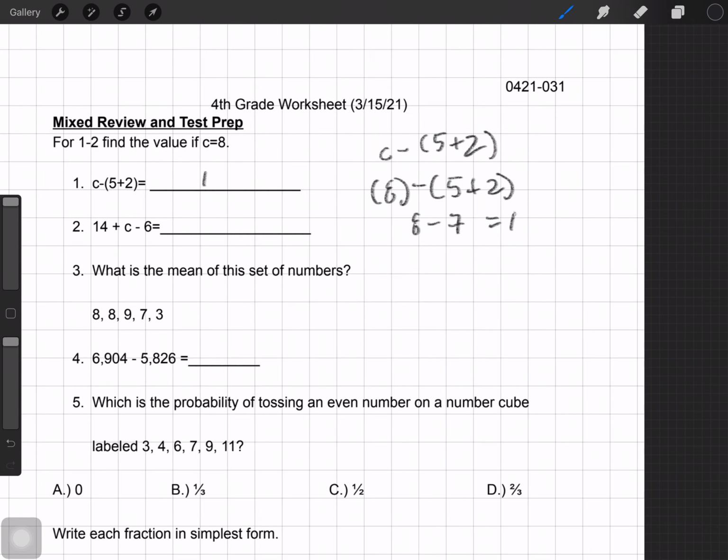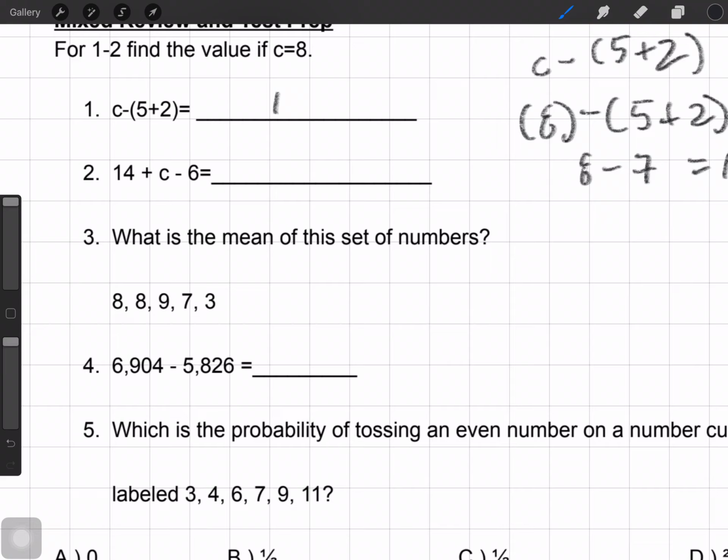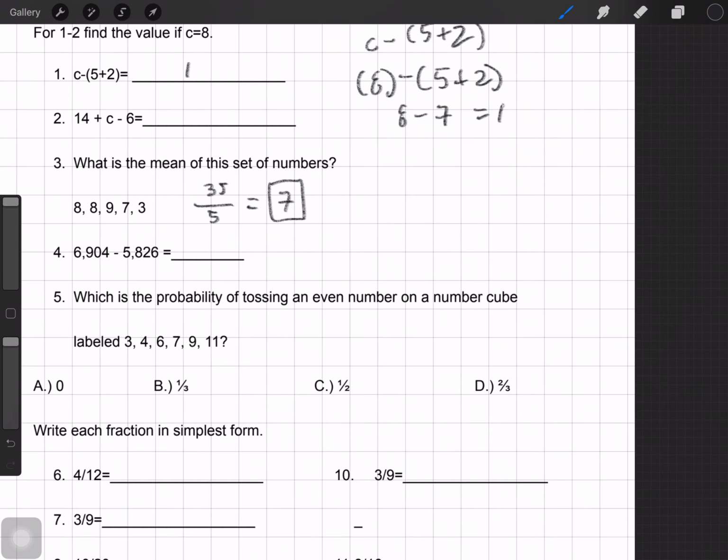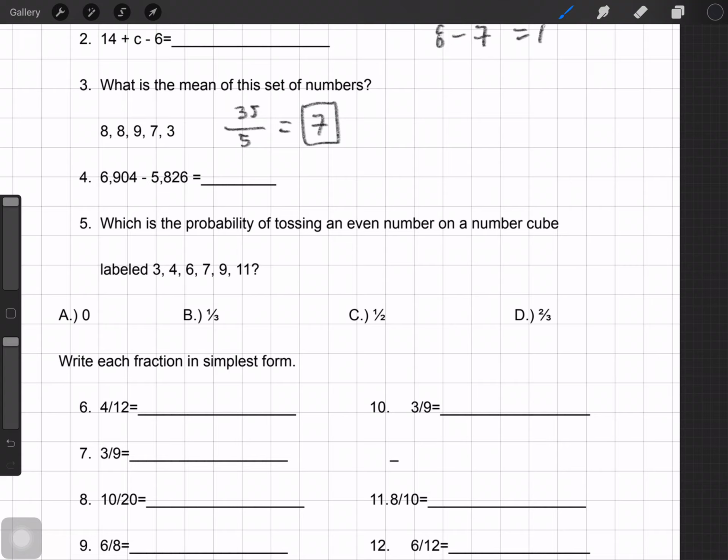Number 3 says, what is the mean of this set of numbers? Whenever you're finding the mean, the first thing you want to do is add up all the numbers. So 8 plus 8 is 16, plus 9 is 25, plus 7 is 32, and plus 3 is 35. We have 35 divided by 1, 2, 3, 4, 5 numbers, and we get 7. Number 4 is just subtraction,